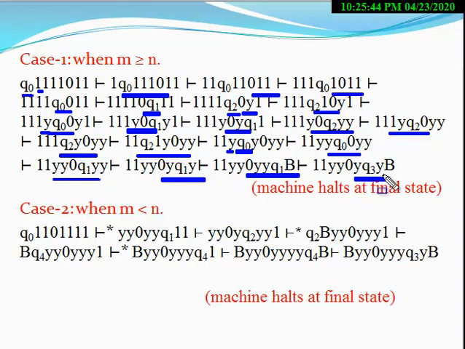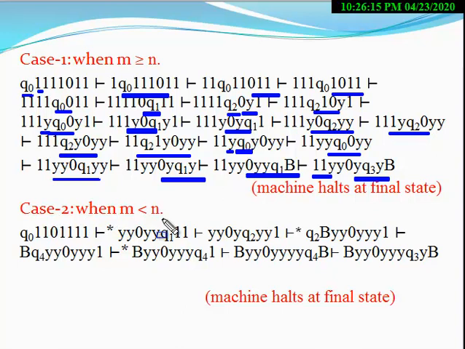So at this situation, when the machine halts, now count the number of ones. So the number of ones here is 2, right? Therefore the output of this Turing machine is 2. So clearly the output of this machine should be 2. It means the machine works according to this. Now we come to case 2.